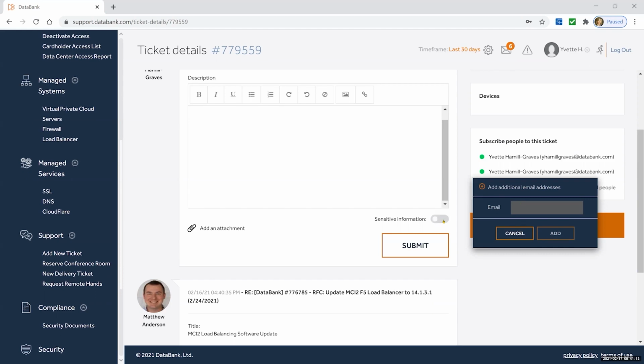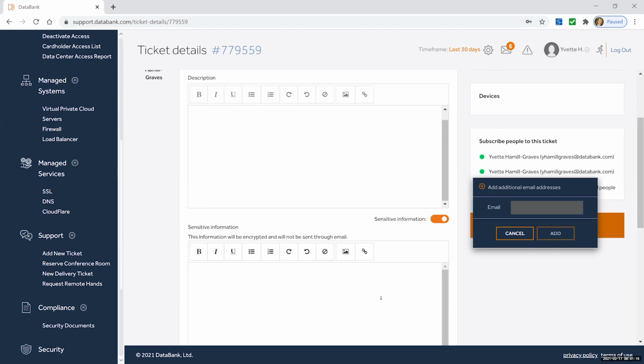They won't receive any sensitive information that's added to the ticket. Sensitive information is only available to authorized users who log into the portal. This is a safety feature for your benefit. We don't want to send you password credentials through email that then anybody who has access to your email can